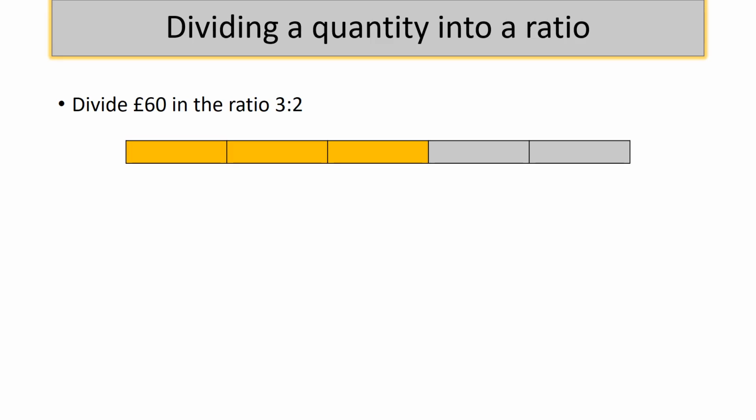Notice I've got three yellow boxes, and then two grey boxes. So my ratio is 3:2. I use different colors for the different parts of my ratio. So you can see that all together I actually have 5 boxes. So the full amount, which is 60 pounds, needs to be divided into 5 parts,